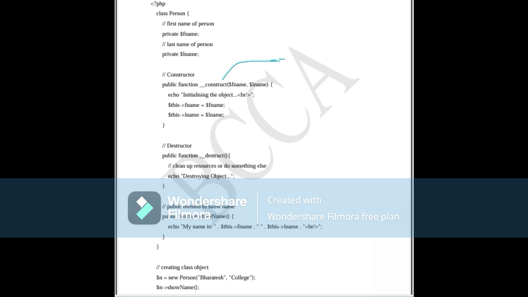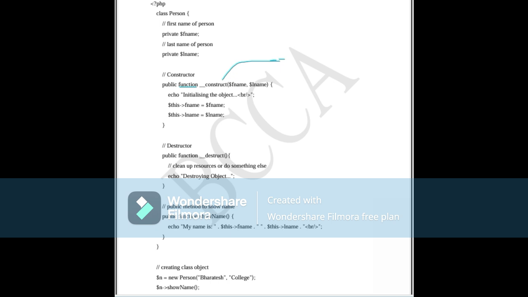What is the access modifier of our construct method, or of our constructor? It is public. Since this constructor is a method, and a method is also known as a function, there is a keyword that we are using. The keyword is function. So the constructor in PHP is defined using the function keyword, with the access modifier public. By default, the constructor in PHP is __construct, written using a double underscore.